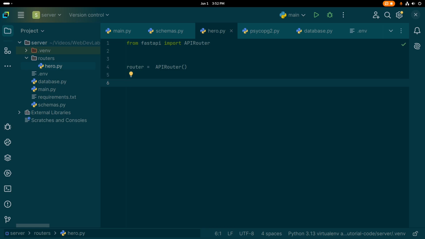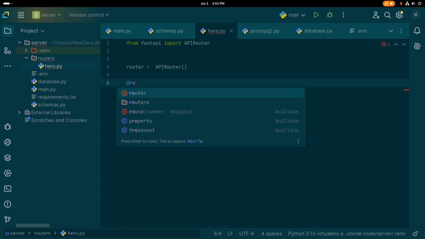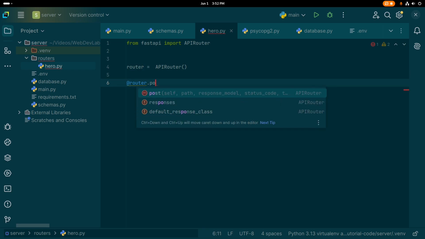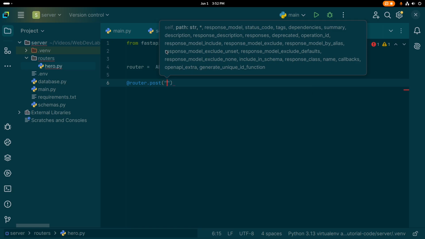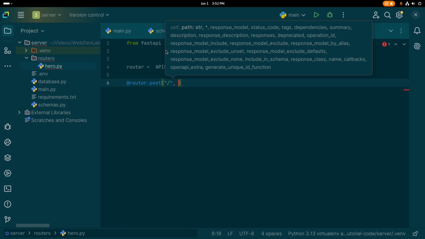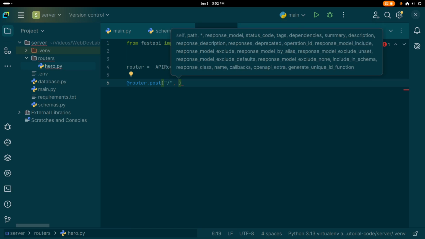Here I am going to create a post request to create a hero. So let's create it at the rate router.post, and here we need to put the prefix, which is going to be /, and the next one is going to be